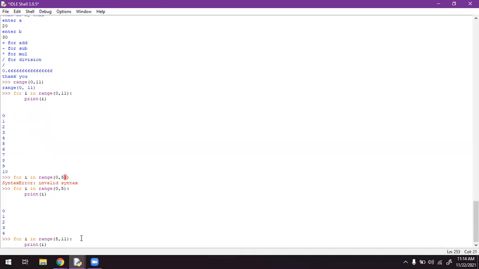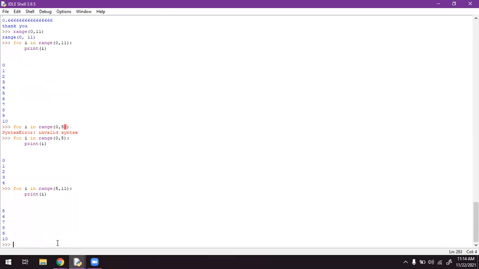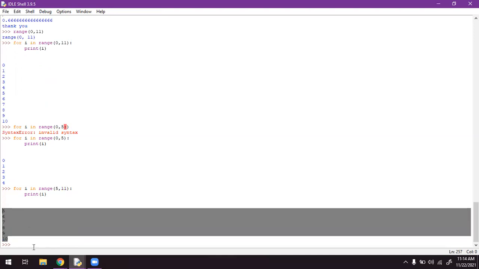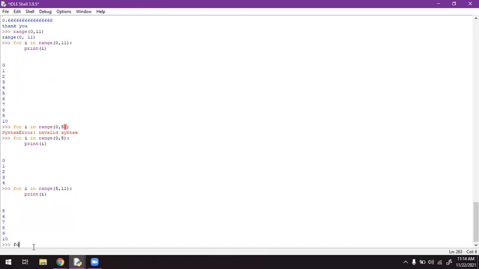Let me check this one. Okay, 5 to 10 only it will be printed. Why? Because the initial starting value is 5 and it must end at 11, nothing but n minus 1. 11 minus 1 is nothing but 10.